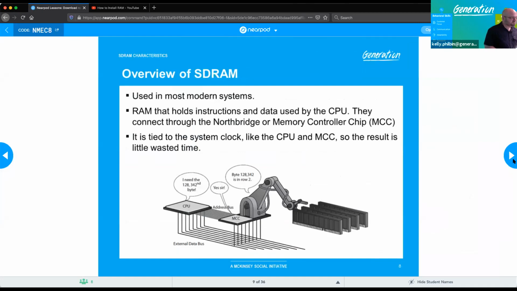So we were just talking about this earlier. SDRAM is the most modern type, and it holds instructional data used by the CPU to help the CPU out, because the CPU can't hold all that information at one point. If you are currently operating with like 30 windows open on your computer, your RAM is having to hold on to all of that information until such point when you need it or you want to manipulate it. So it's all active, it's all holding on to all of that in case you need it,